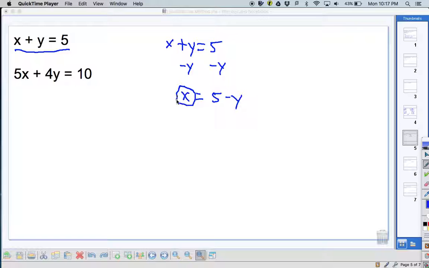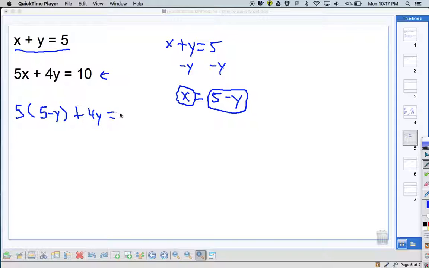This is saying that x and 5 minus y are exactly the same number, so in the other equation, the one we haven't used yet, we are going to replace every single x with 5 minus y. So I'm going to do it right here. This x is now going to be 5 minus y. So I'm going to start with this 5. It's still there. It was 5 times x, so we're going to do a times. I'm going to use the parentheses for times. Instead of x, I'm going to use 5 minus y because they mean the same thing. So I'm going to replace x with 5 minus y. Then I see a plus. I see a 4y